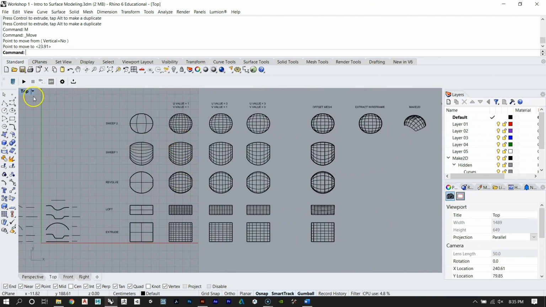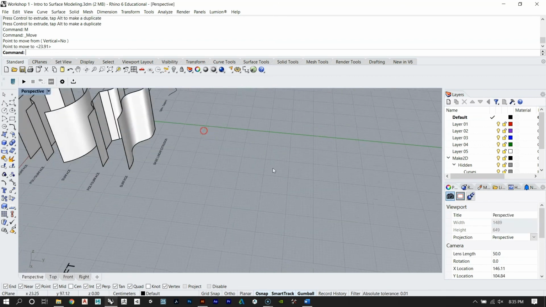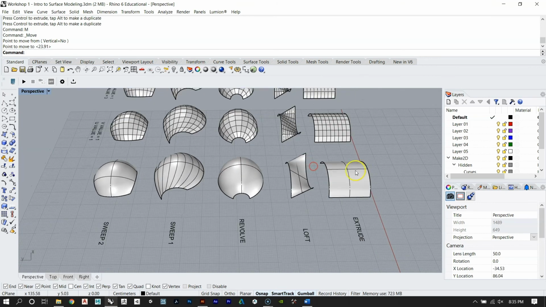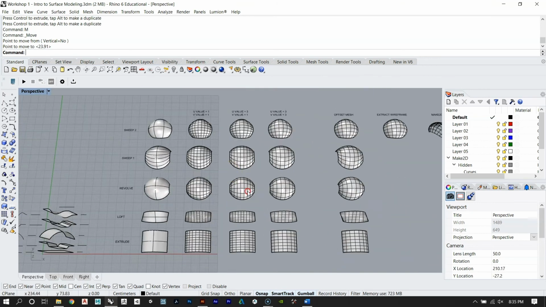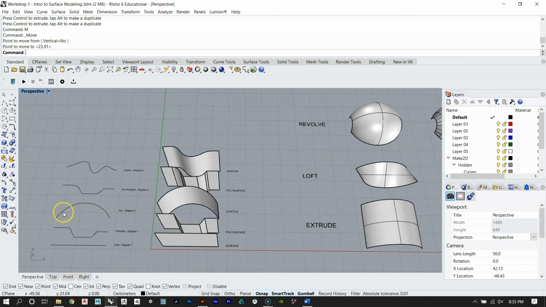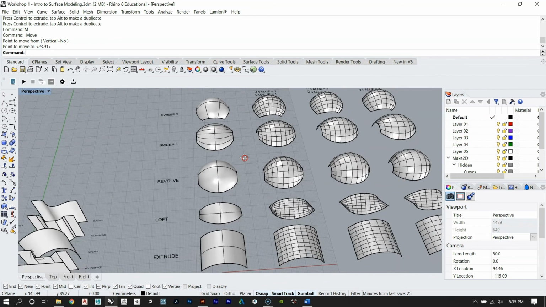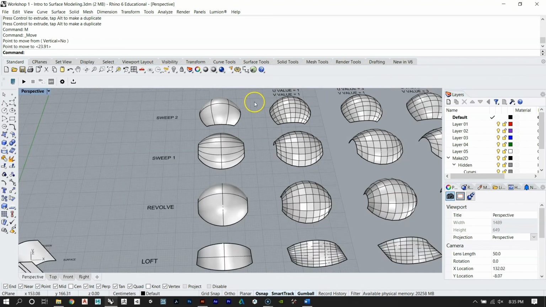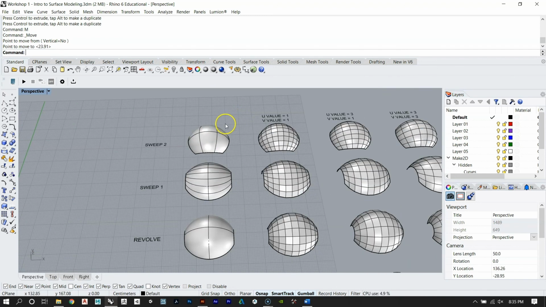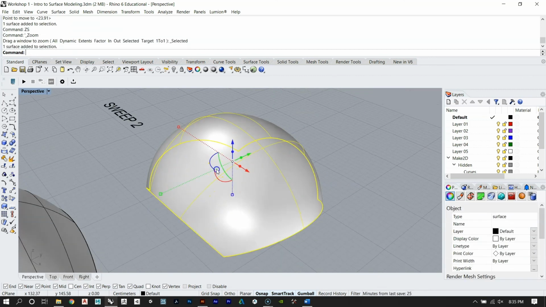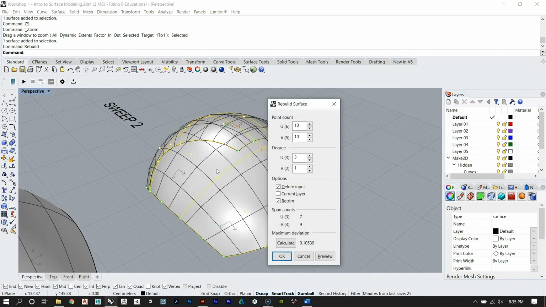So the next thing we're going to jump into is rebuilding surfaces. Okay, so what you'll notice here is I've taken each one of these surfaces and I've rebuilt them using different values. Now, rebuilding a surface is very similar to rebuilding a curve. The difference is when you rebuild a surface, you're rebuilding it in 2 directions instead of 1 direction on a curve, which means if I select this surface and I type rebuild,